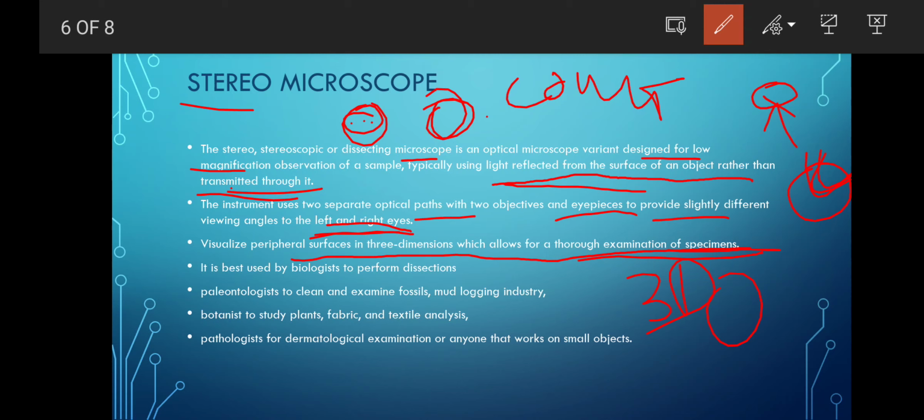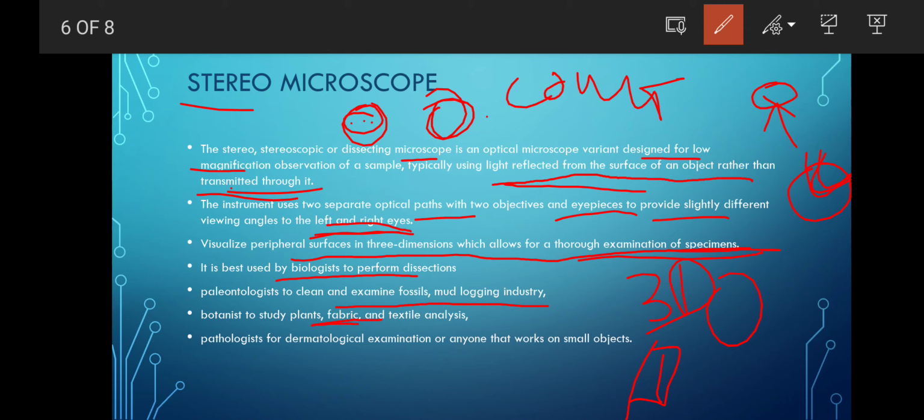It is best used by biologists to perform dissection, like if you want to cut thin slices. Then paleontologists use it to clean and examine fossils and mud loggings. These fossils should be carefully handled, so to clean them. Then botanists, like we have seen, examine plant fabric.